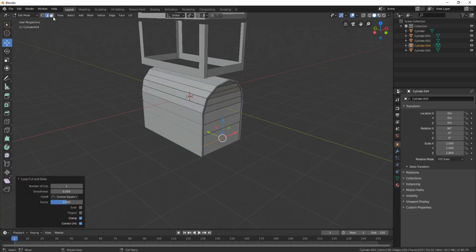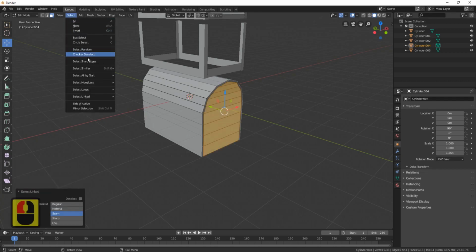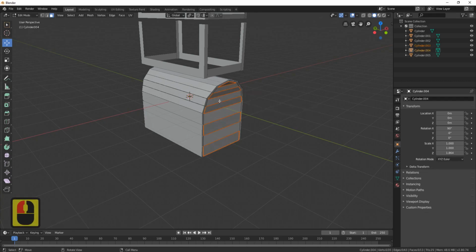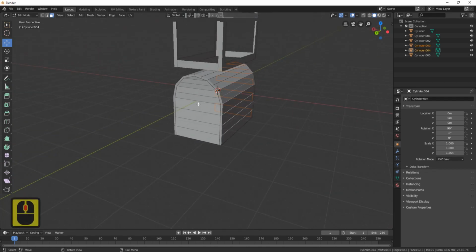up. And now let's go to face mode. Let's do this one first. So L, go to select and checker deselect, and that will select all those. Press the P button, selection, and now we'll do the same on the other side. So again, I'll select all these with the L button, go to select, checker deselect, P, selection, and now I'll